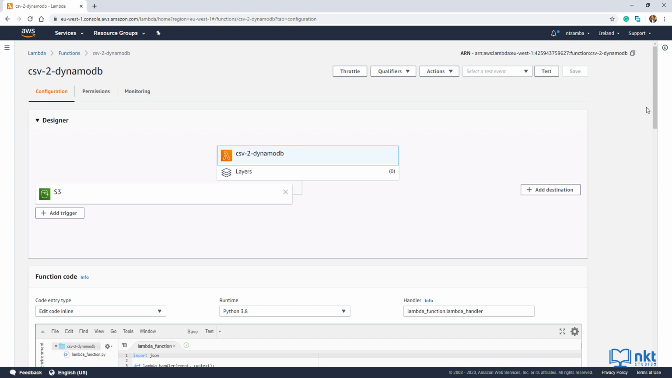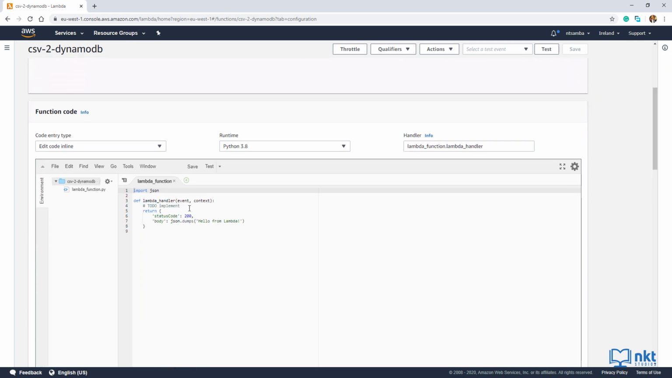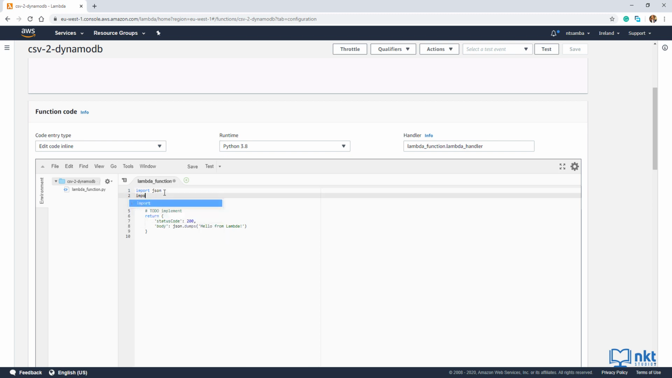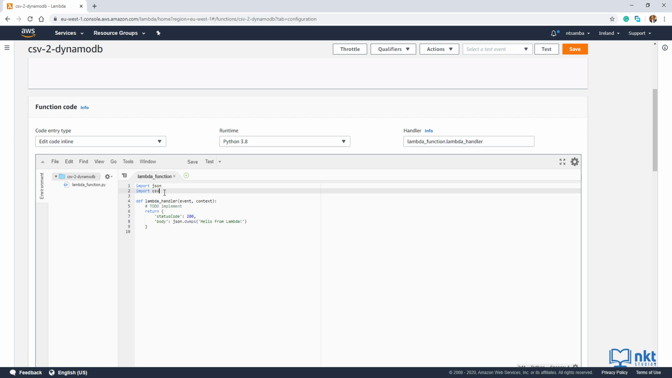So just scroll down to where it says function code, where we'll see some default code. The first thing that we want to do is to import the CSV libraries. So under import JSON, just type in import CSV. This is the library that we're going to use to read the CSV files. Don't forget to click on save after every change, because if you don't click on save, you don't save your